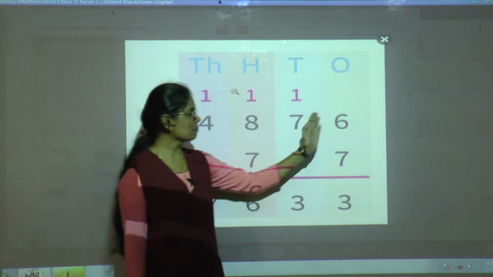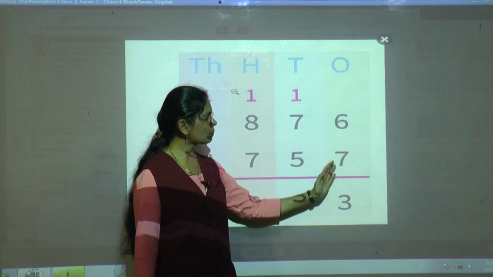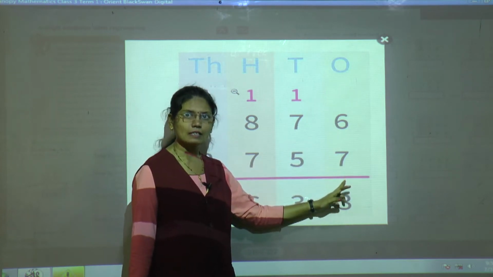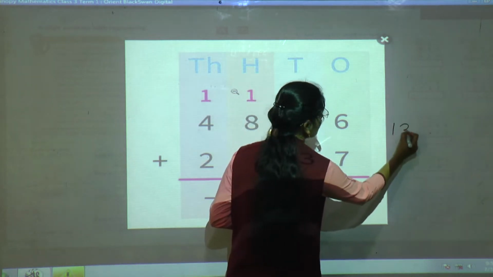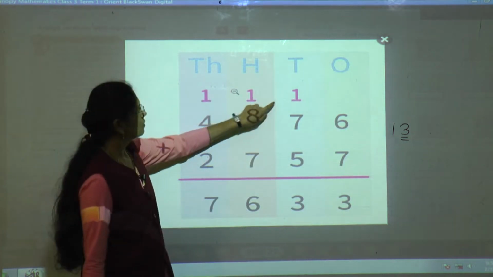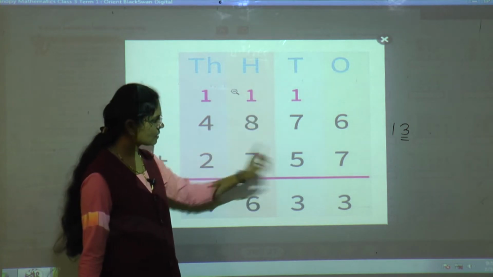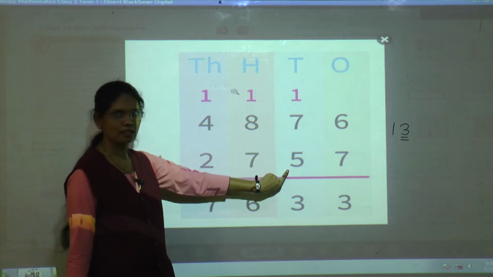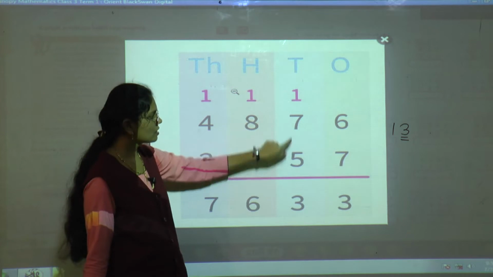Okay, now in a simple way we will do the addition as usual. How are we doing it? 6 ones plus 7 ones. 6 plus 7, yes, 13. So see, if 13 comes, this 3 we will write here and this 1 we will give as carry to the tens place. Now see the tens place digit. At tens place, now here 3 digits are there. 1 plus 7 plus 5. Now add these 3 digits.